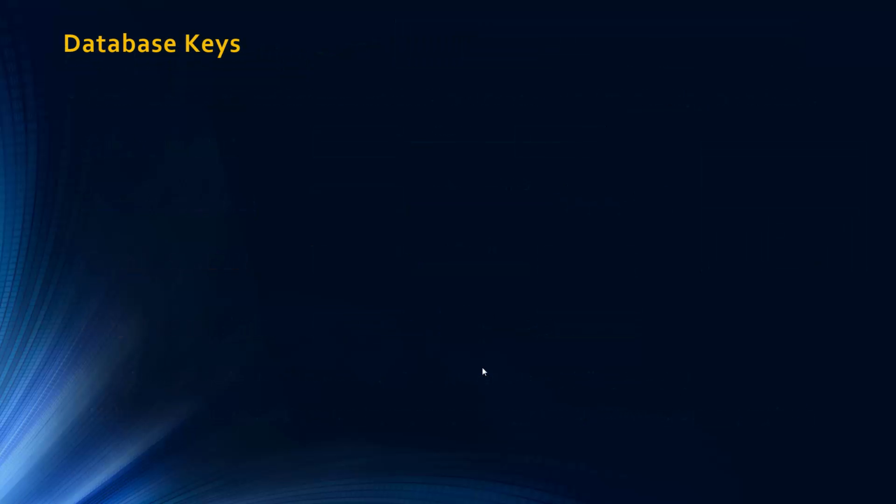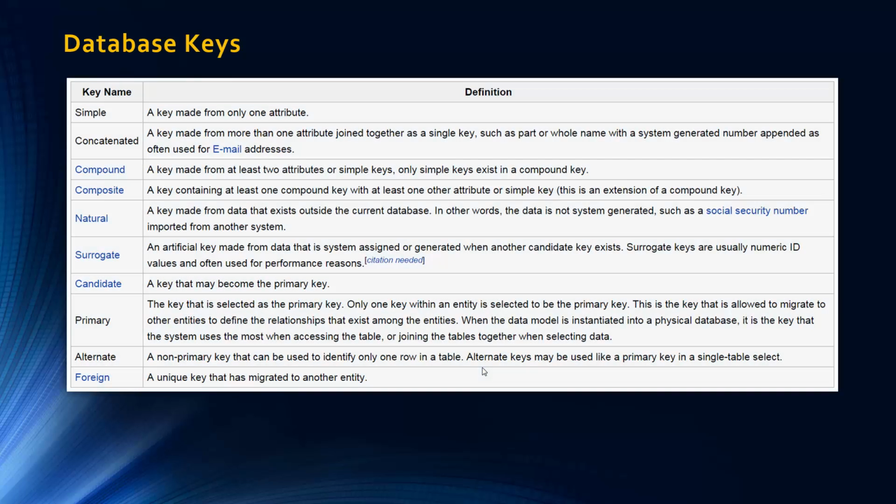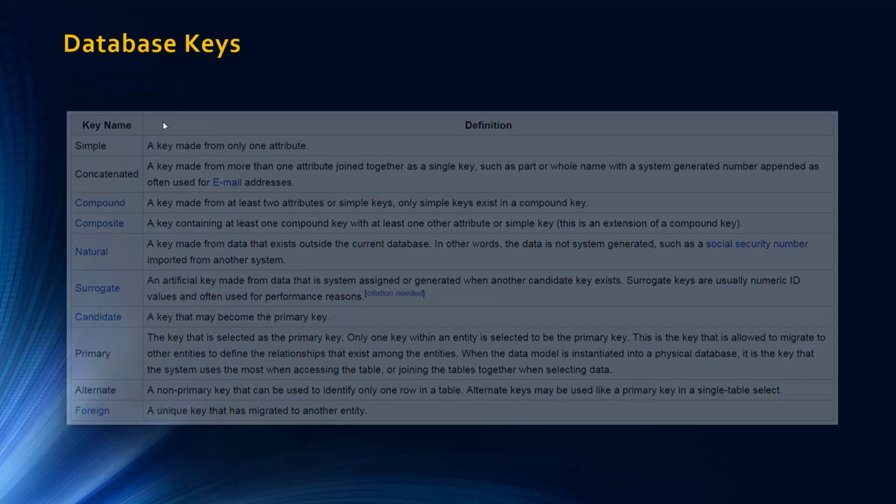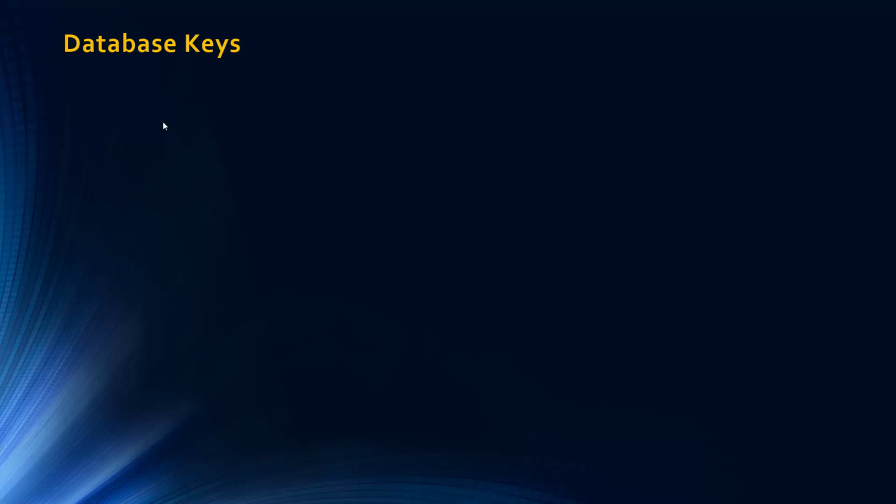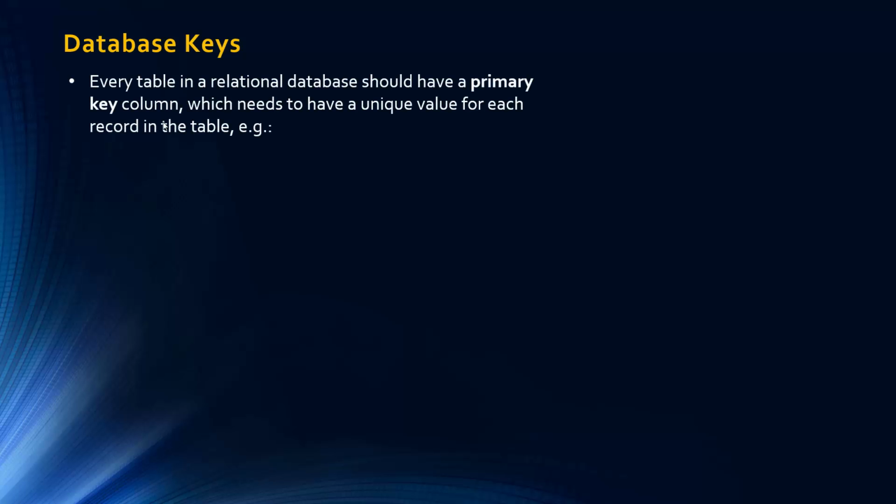So if we talk about these key fields, database keys, this is just taken from Wikipedia to show you how many keys there are. This is just some of the keys. There are different names, but we'll get rid of this. I'm going to talk about three types of key fields. I would say you need to know these. Again, it doesn't specify, but it really does explain the relationships and how relational databases work.